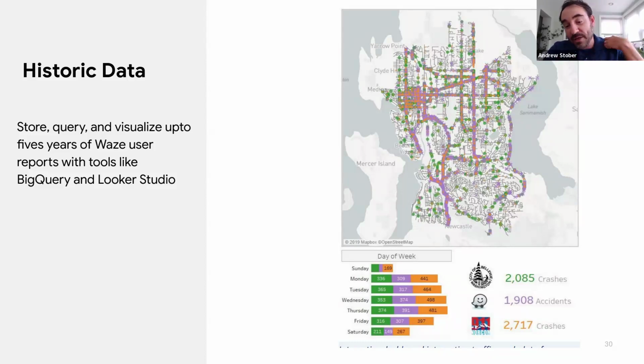Because Waze crash data is simply what a user observes. It's a date, a time, and a location stamp, and whether that user has characterized it as a minor crash or a major crash. So you don't get a lot of additional data. But for planning exercises, particularly where you're trying to target safety investments, and particularly after you've moved through the places where it might be most obvious to make those investments, it can really help point you in the right direction among a set of intersections or among a set of corridors for where you might be seeing a lot of non-reportable crashes in addition to the reportable ones.